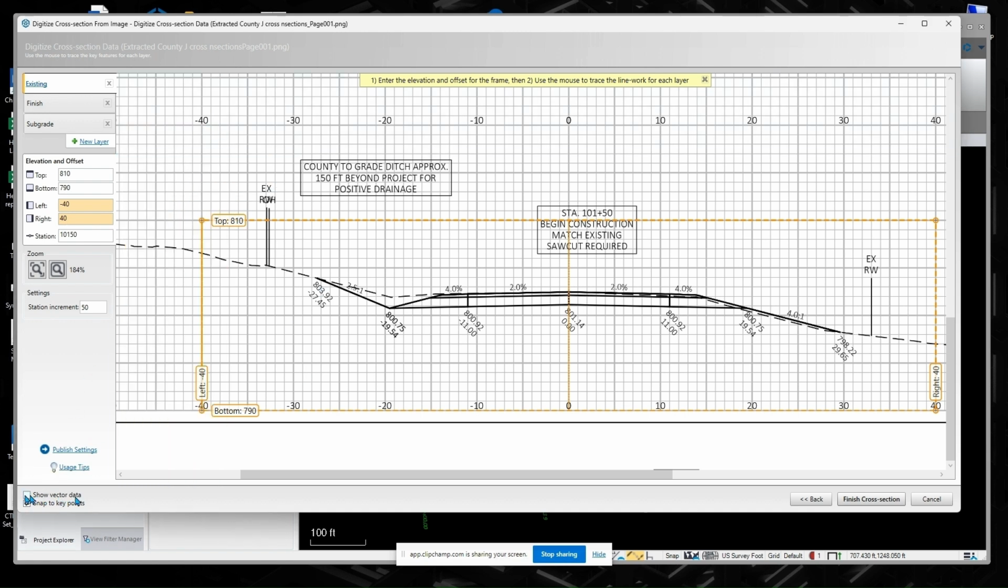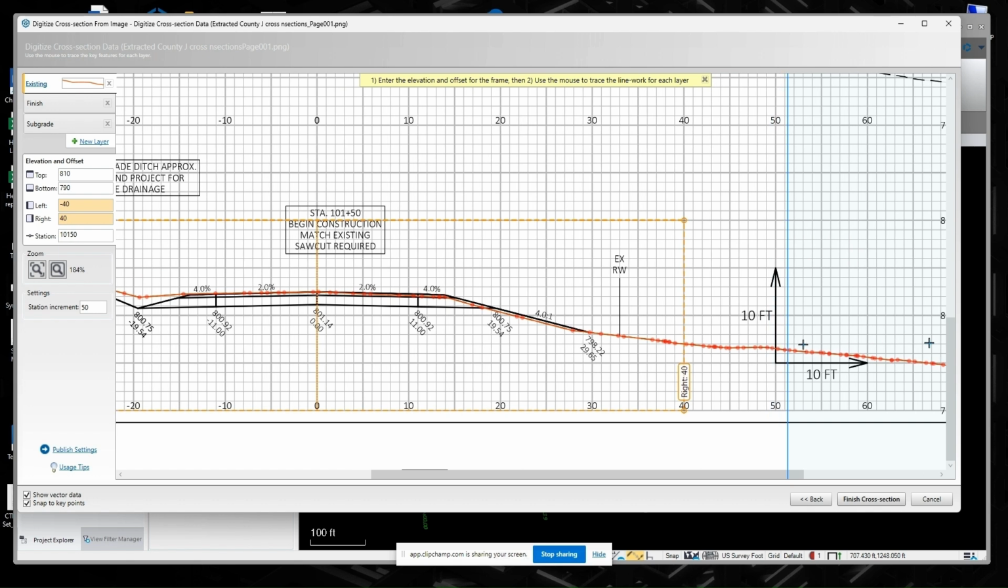Show vector data. Okay, so if I wanted to just pick this, pick it here, pick it there, do my existing ground, I could do that. But since this is a vectored image, all I have to do is turn that one on and hover over the line. Now, it didn't quite get outside of my box here. This blue line basically means that it's going to auto pan, just like a digitizer. So I can just flip to the next one